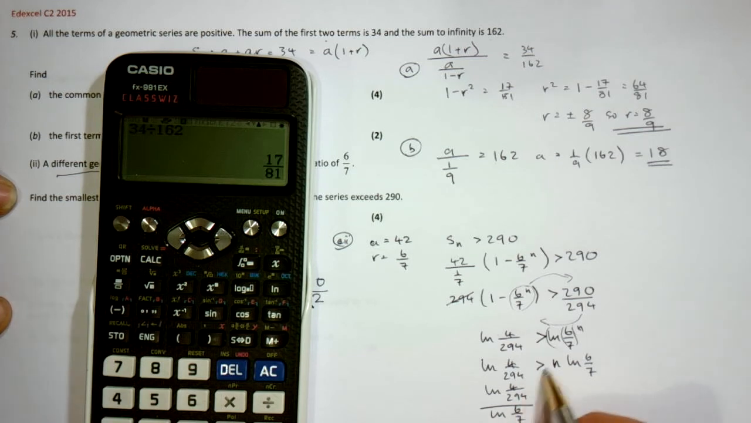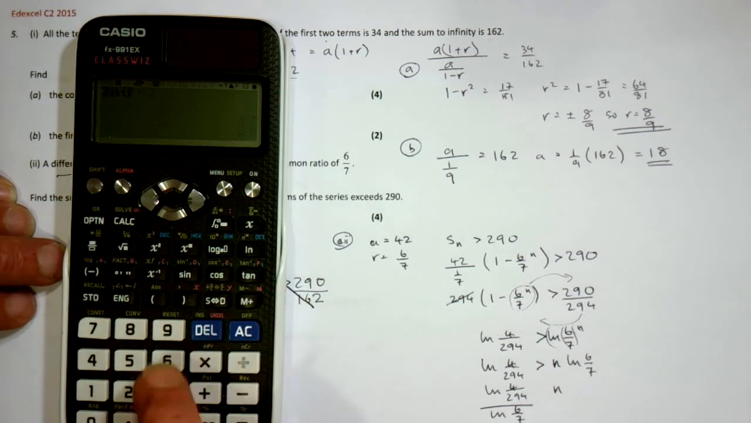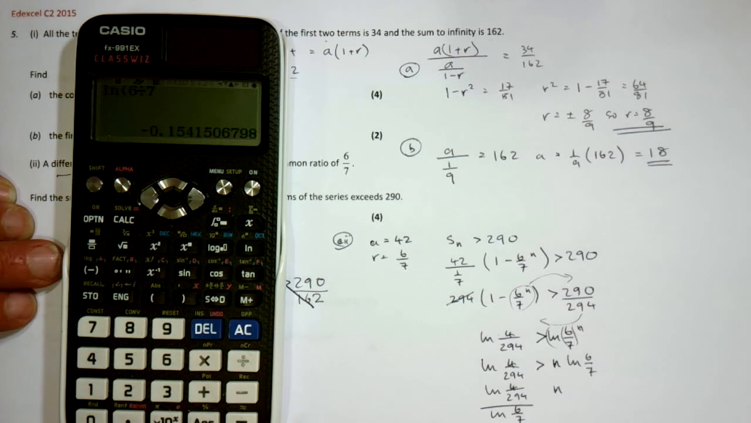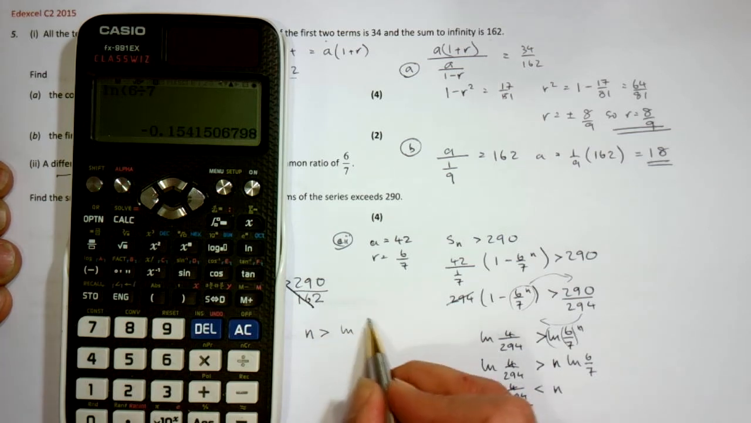However, I've left the sign to last just in case log of 6/7 is negative, and log of 6 divided by 7 is equal to minus, oh look. And some of you probably know how we can realize when log of something is less than 0. I've mentioned it in another video if you want to have a look at that one. So because we're dividing by a minus number, we need to change our inequality sign. So we've got that n is bigger than log of 2 over 147